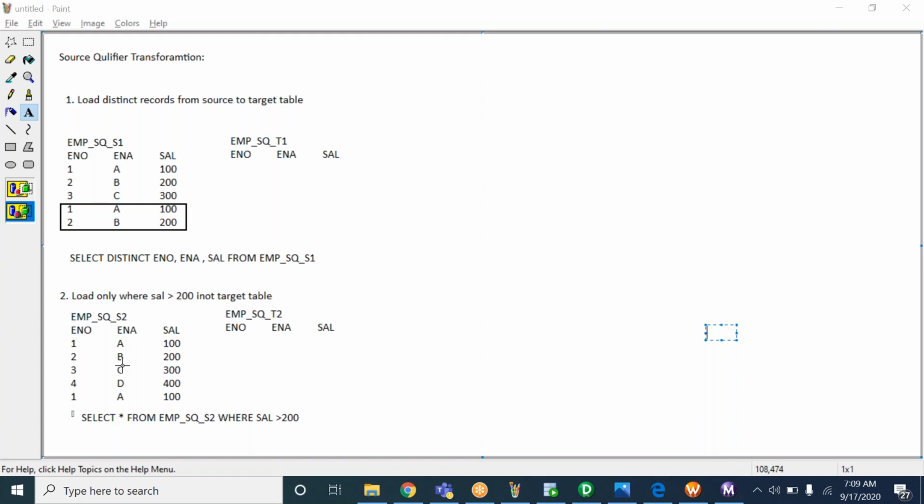Okay. And can we use the target table as a source table? Is it possible? Yes, we can use it in future classes. We'll have such examples also, and we'll see that we can use it. But for now, don't consider the target as a source. Create a source table and a target table separately, and create a mapping to load the data from source to target.